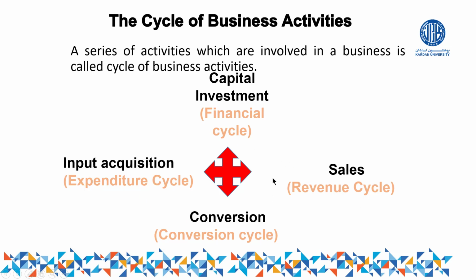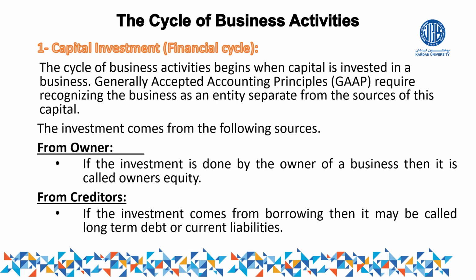But these are the source of activities for the organizations. It means the business activities come from this source in the organization. So any kinds of activities that you can see in the business, and for that you want to record or provide the accounting information, is basically from this one. Either this transaction is from the capital, or from the sales, or from the acquisition or expenditure, or otherwise the transactions might be from the conversion cycle. Now let us look through each of them one by one. For example, the first one is